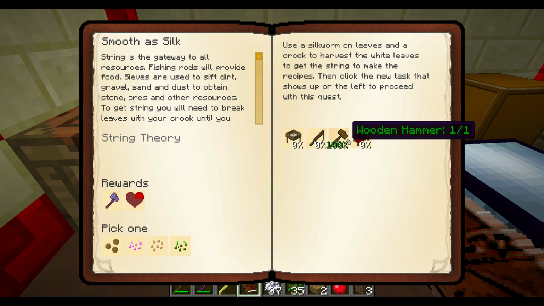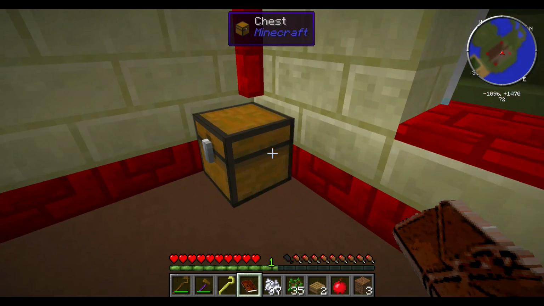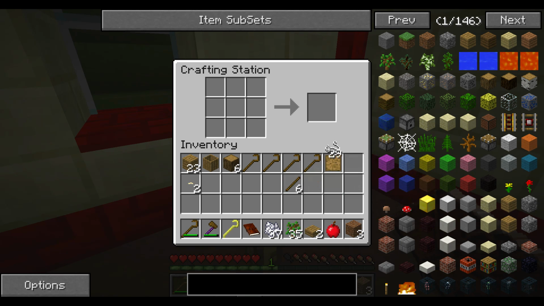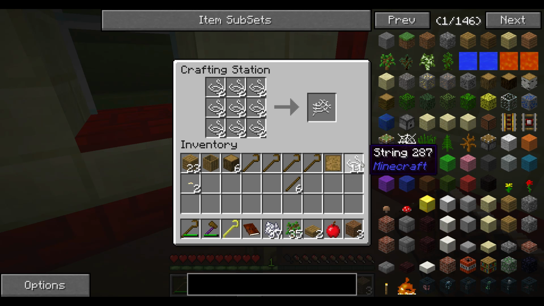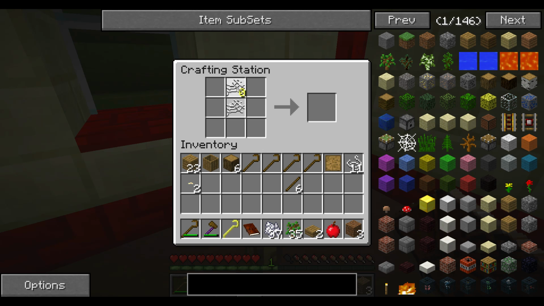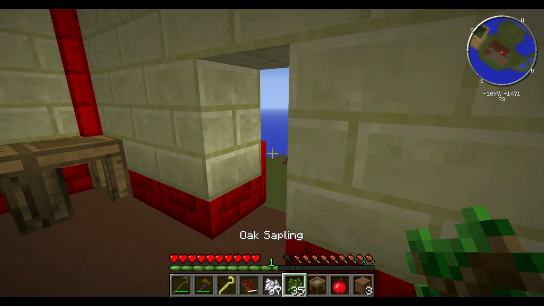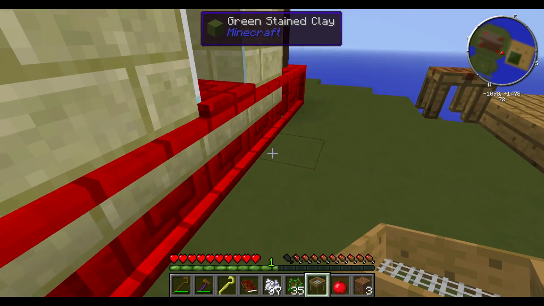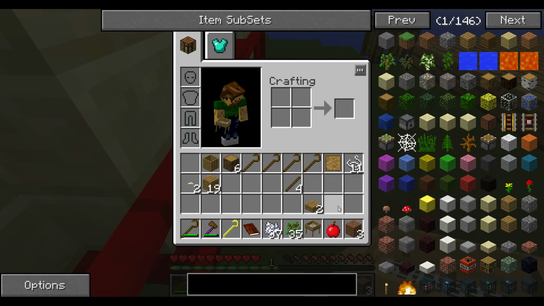So let's see. So I'm going to need a fishing rod, a bed, and an oak sieve. And I think the sieve is the most important. So let's start with that. Which means I'm going to need 2 meshes. Oh, I don't have enough for everything. I already know I don't have enough for everything. So at least we get the oak sieve, which is really going to help us out. And you know what? I think I'll just go ahead and put it over here. I don't have my...